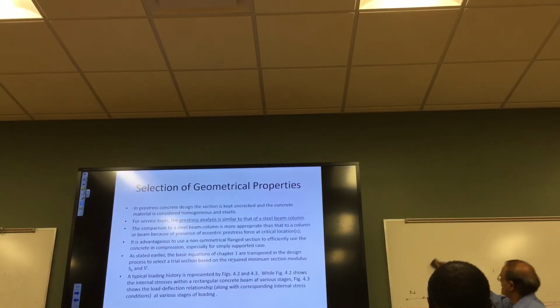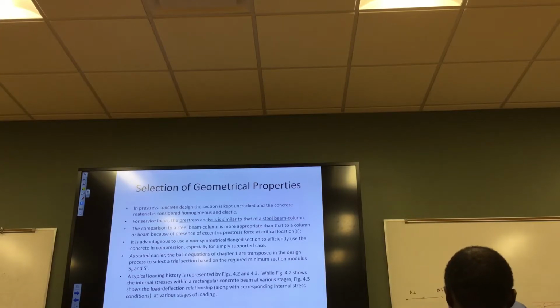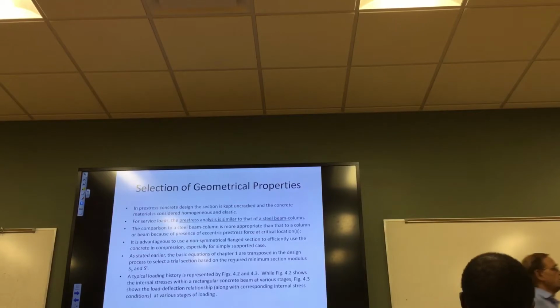That a non-symmetrical section such as this, like a T or double T, is more efficient than a symmetrical section like this in concrete design. Anybody remember? It's about the distribution of the compression and tension. It has to do with that, you're on the right track. Because if you draw the distribution diagram,